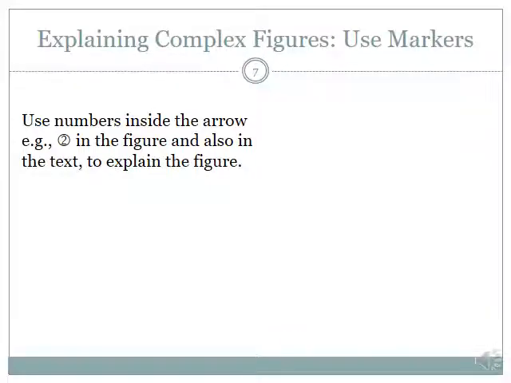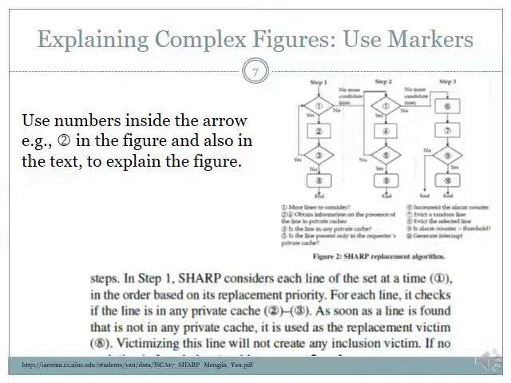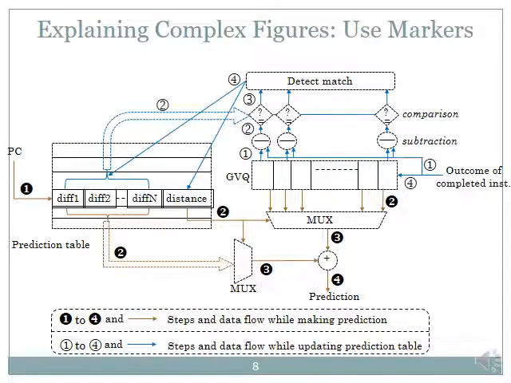Another very powerful strategy is to use markers. So here is an example. Here they have used markers like 1 2 3 4 5 6 and so on, and then in the text they are using these markers. If in the text you were to say see the figure top left, now top left could mean anything, but when you have used markers like 1 or 2 or 3, then you can refer to a specific portion in the figure, which makes it very effective.